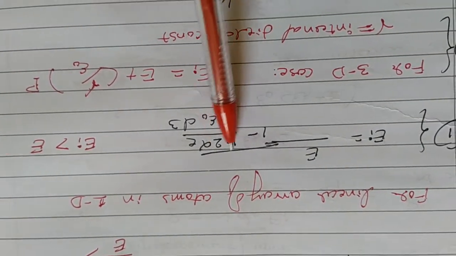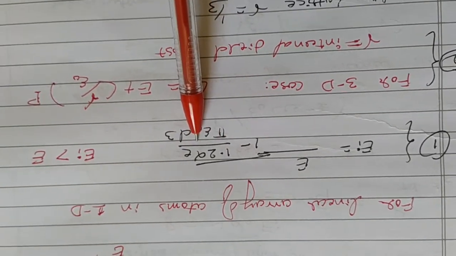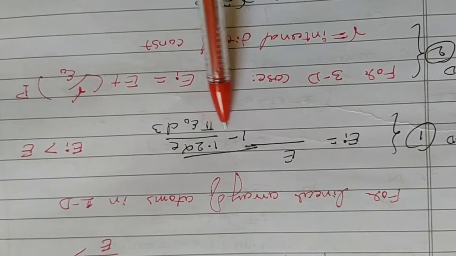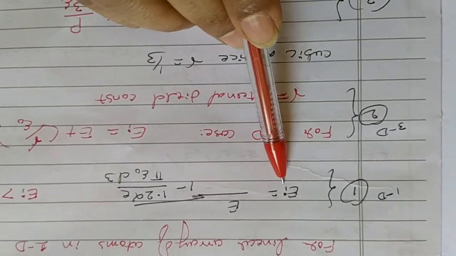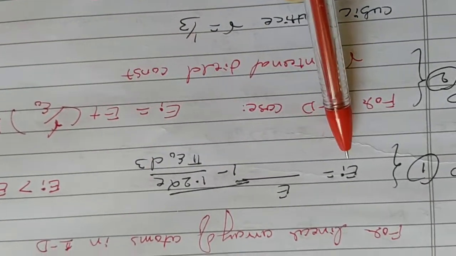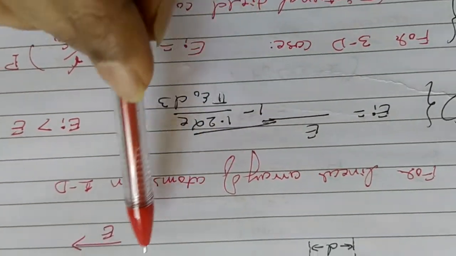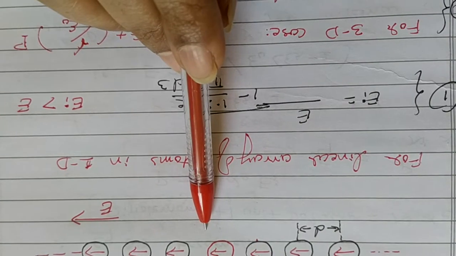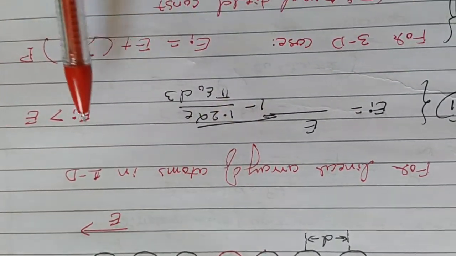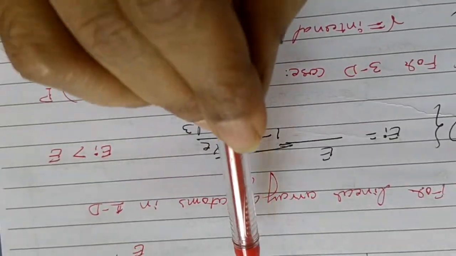Now, 1 minus some quantity. This quantity is a small positive quantity. 1 minus some positive quantity means less than 1. If I take it to the left-hand side, that means if I multiply E_i by a quantity which is less than 1, then it will become E, the applied electric field. So that means the internal field E_i is greater than the applied electric field. Once the dielectric material undergoes dielectric polarization, the electric field acting on one particular atom is not just E, it is greater than E. What is that? Internal field.